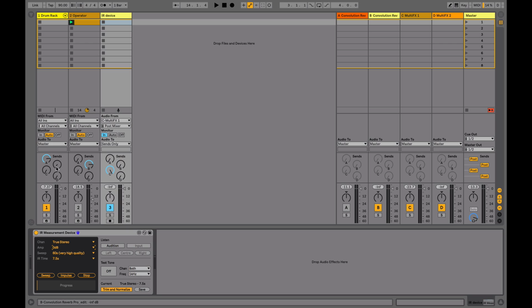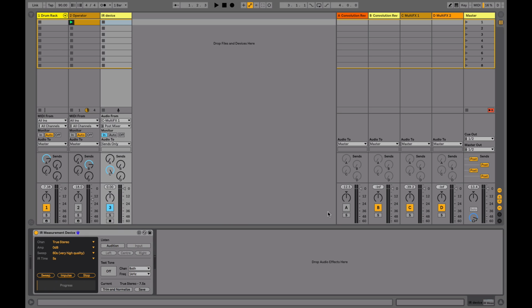If we have a listen to the effect that we're going to capture, I'm going to set this to about 5 seconds, probably a bit too much, but just to make sure we don't clip anything at the end. I want to make sure this is off, trim and normalize. And when I click on impulse, it will send a very short pulse to this channel here, and it will register over here. So if I just do a test,